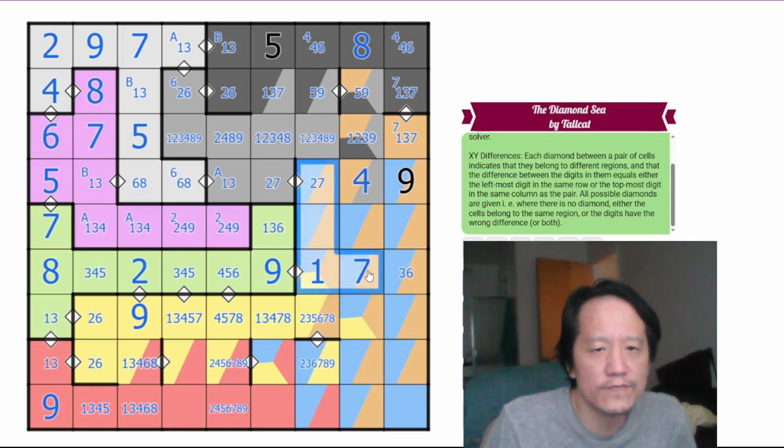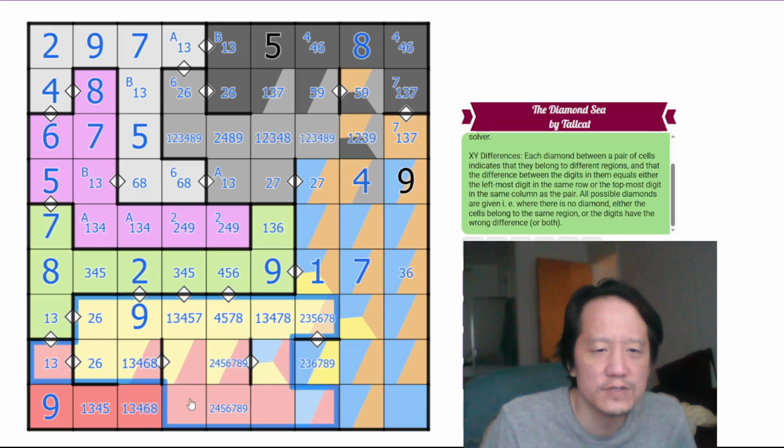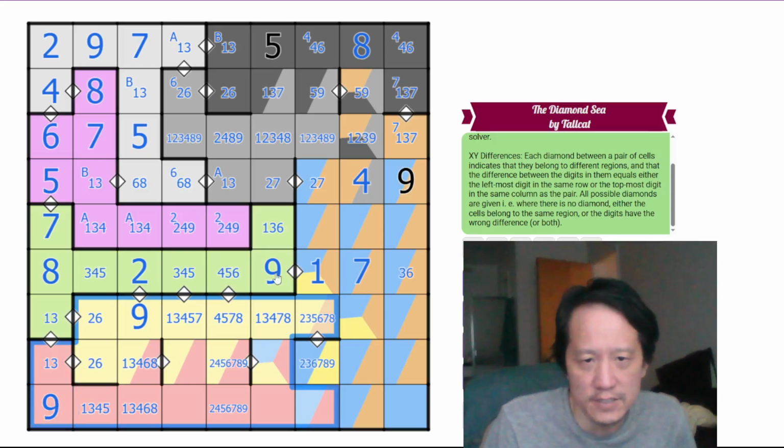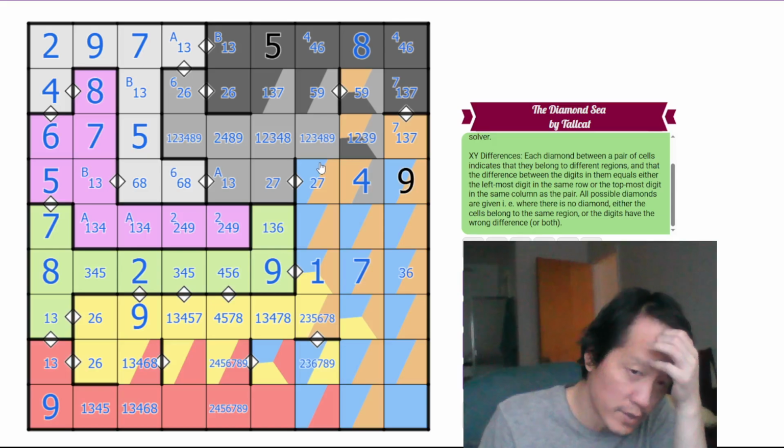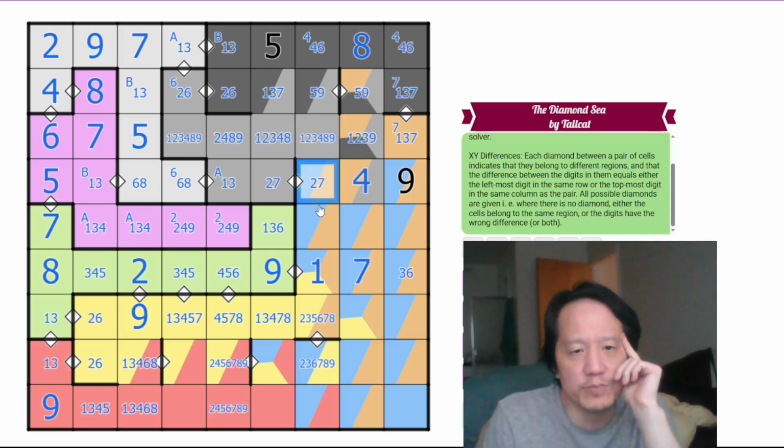1, 2, 3, 4, 5, 6, 7, 8, 9. That leaves 19 digits. So this cannot be blue. I think this has to be orange also then. Right? If we try to make this blue,